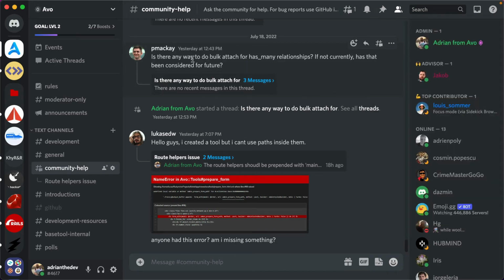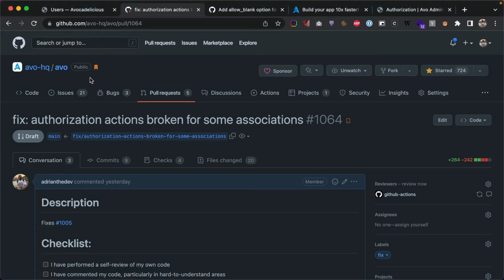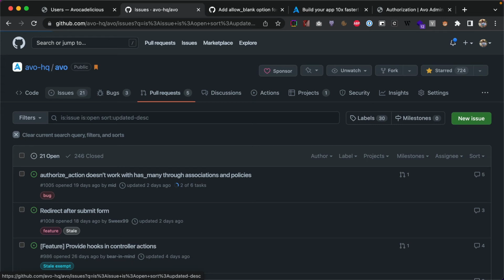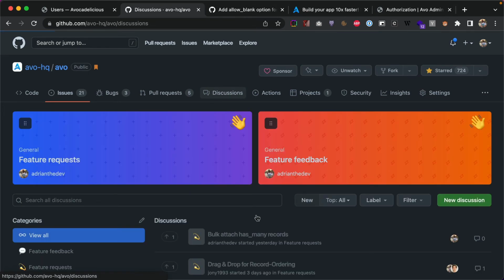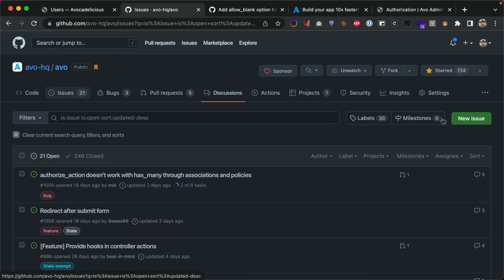So what I'm trying to do is move the support, the official support at least, from this Discord community help channel to GitHub. So whenever you have an issue, or a question, or just an opinion piece or something else, you might want to start a discussion thread. Or maybe a feature request. But if you have an issue, please come onto the GitHub repo and create a new issue, and